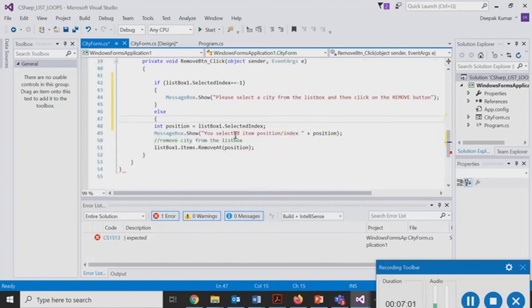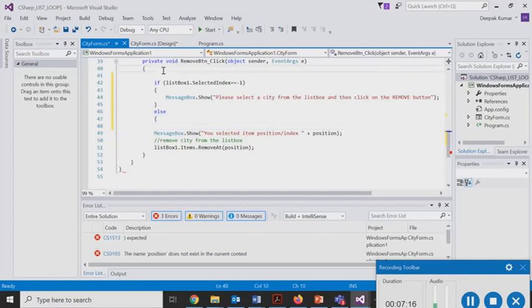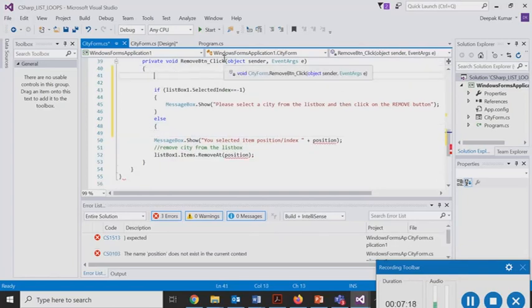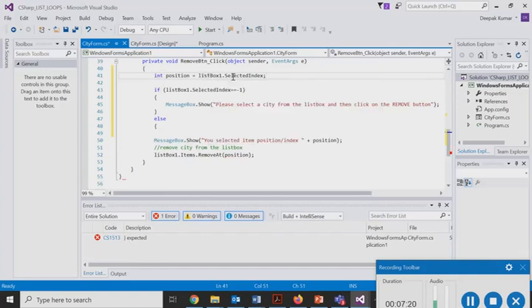So this code where we pick up the position, in fact we obviously have to move this condition up there as well. So here we can say, obviously we have this int position which picks up the selected index right over here.